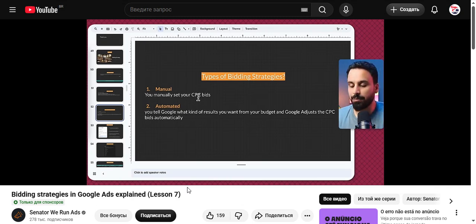My CPC bid should be 5 dirhams, which means this guy is willing to pay 5 dirhams for every click he receives from this campaign. So a couple of years ago, this was the most commonly used bidding strategy. And actually, like 8 years ago, if you wanted to hire a Google Ads expert, the first thing you'll check